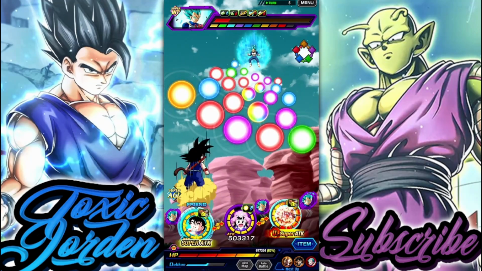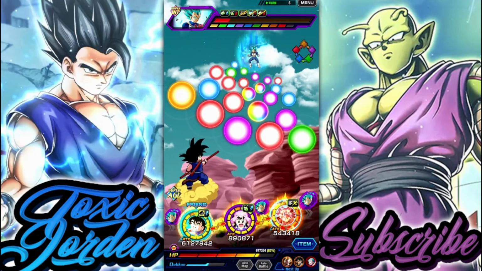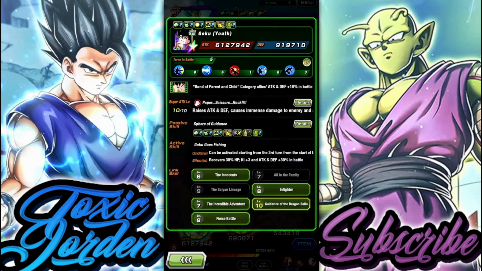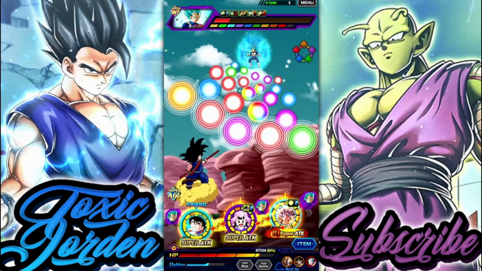Okay, for now, I think what we're going to do is this. Do we want to keep Chi-Chi on rotation and rotate off Goku? Because he's been in battle for 5 turns. And then for 7 turns, he's going to have the...